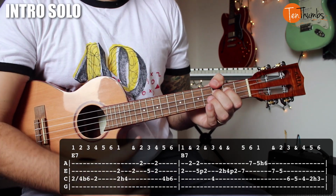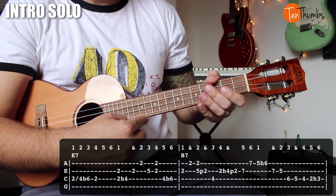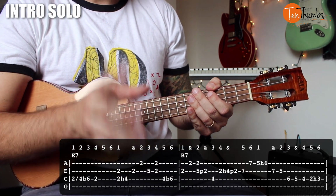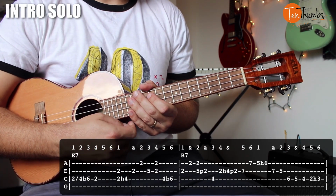Alright, now there's an octave jump there. Jimmy on his guitar is playing down the whole time, but we don't have the range to keep going down on the ukulele, so we had to kind of jump up there. If you're playing along, those are the right notes, but it's going to jump compared to his recording, it's going to feel a little jumpy. But that's the only way we can get it on the ukulele. Okay, so those 2 full bars right there are going to be